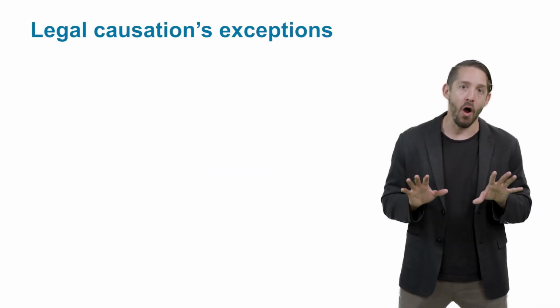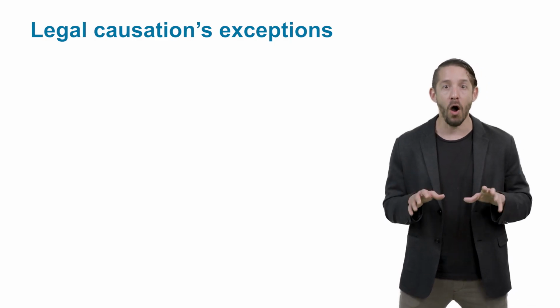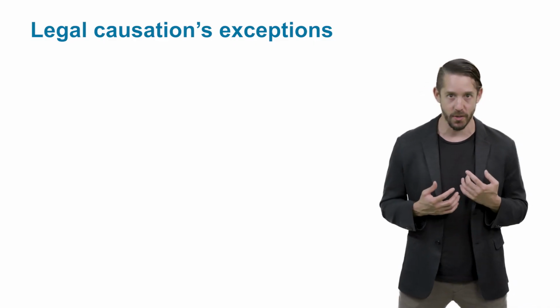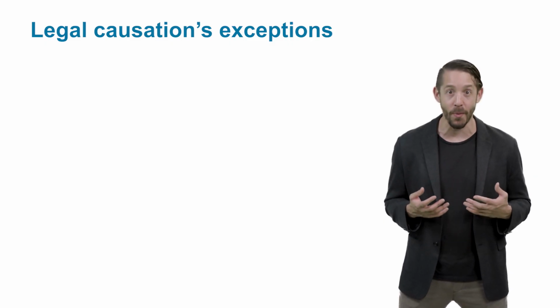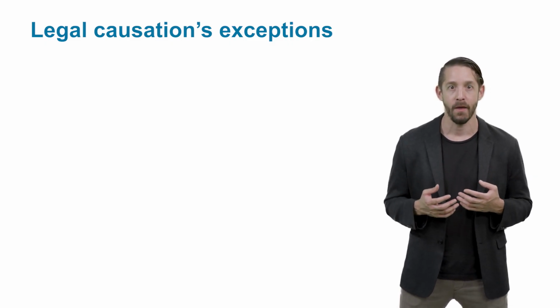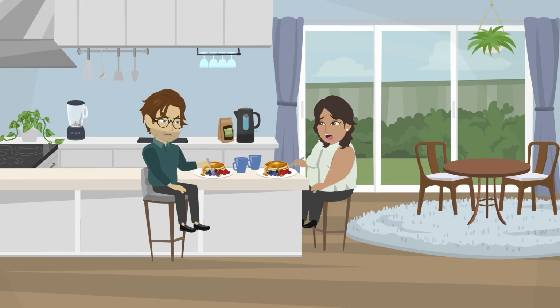Okay, so far I've given you two illustrations of the volitional conduct principle, which involves intervening criminal conduct. But it's important to note that the intervening conduct doesn't have to be criminal to break the chain of legal causation. Consider the following situation, which is based on a real-world case. Danny threatens the life of his wife, Valentine.